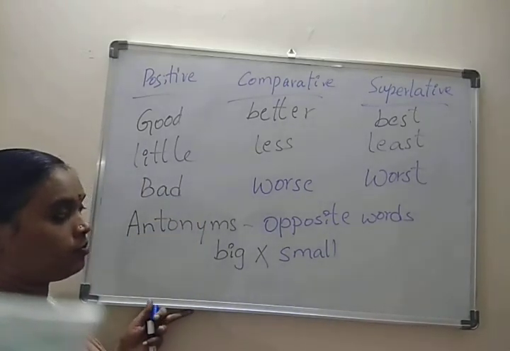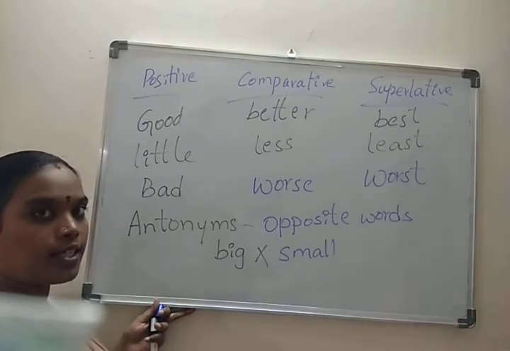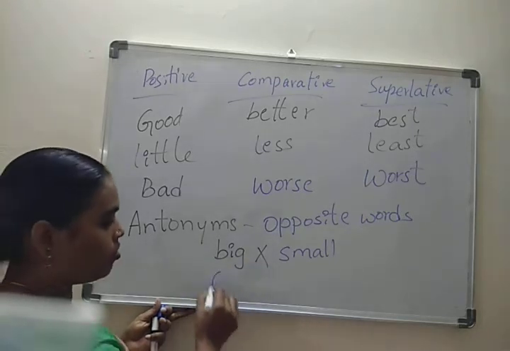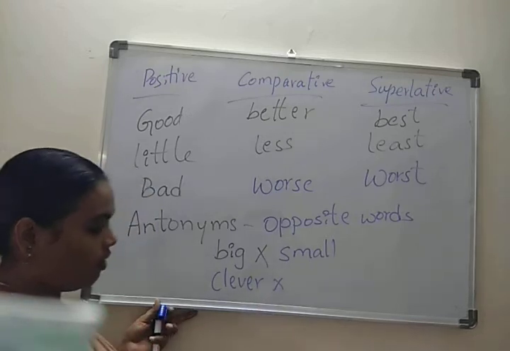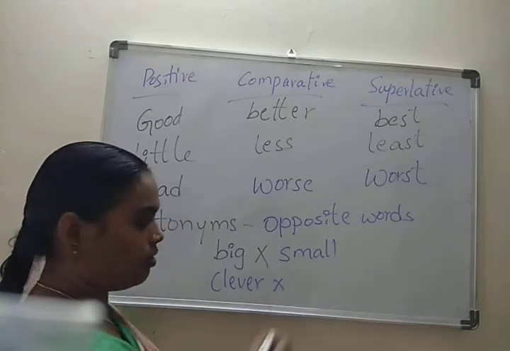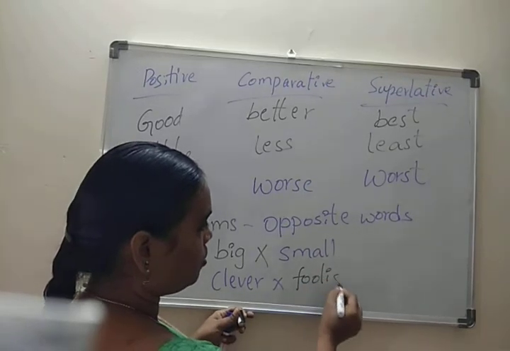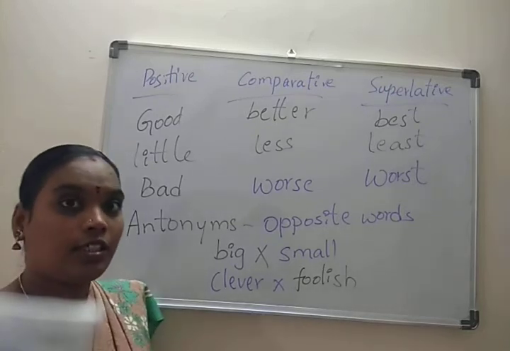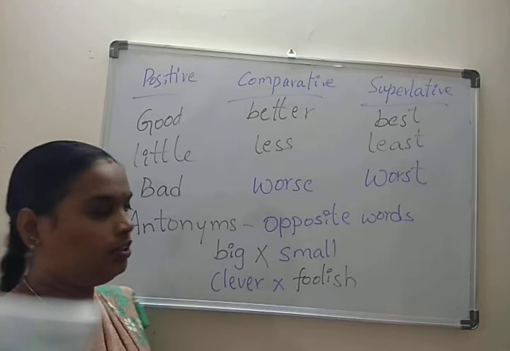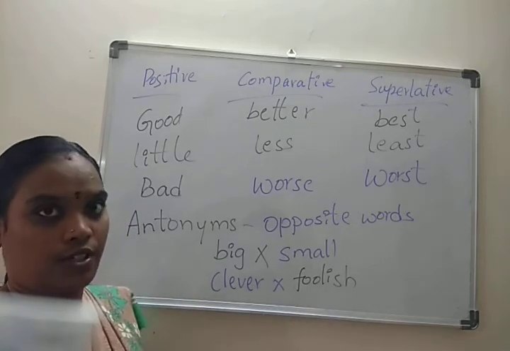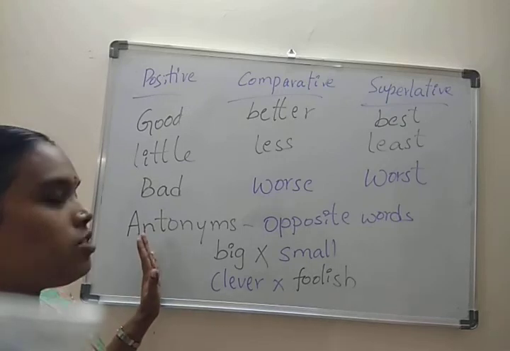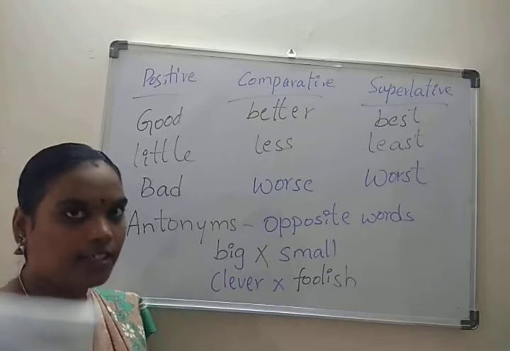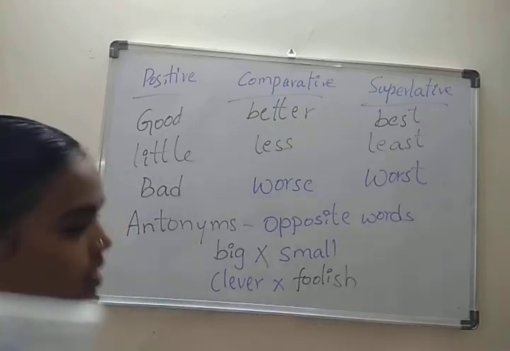And who is clever? The sadhu, like the moon. Take another animal also. Those are very clever. Then what is the opposite of clever? Foolish. So the jackal actually thought that he was clever, but at the last he was made a fool by the sadhu. This is about antonyms, opposite words. You have a list of opposite words in your textbook. Read that and complete whatever exercise you have.